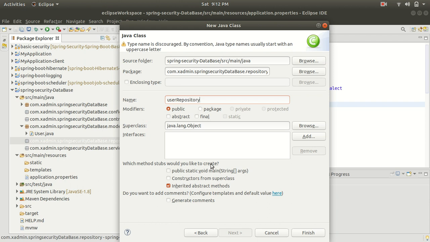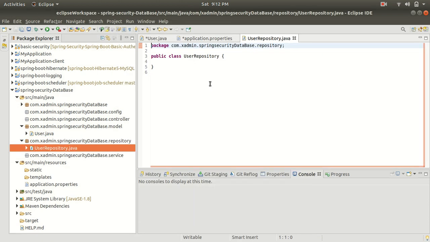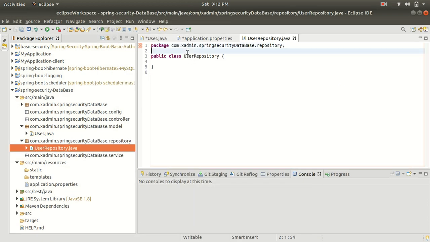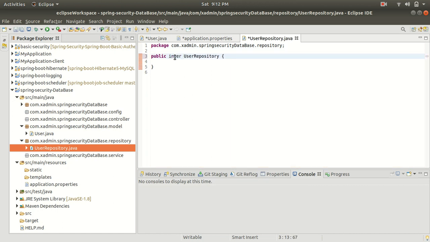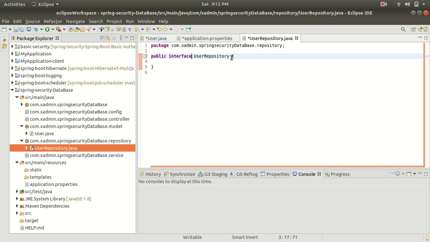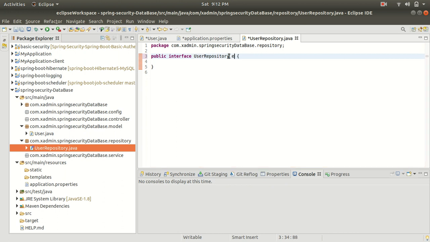All right. So finish this. So guys, this is the user repository. So guys, it should be an interface, so change it. All right. So guys, user repository is an interface, and I will extend this interface with the JPA repository.